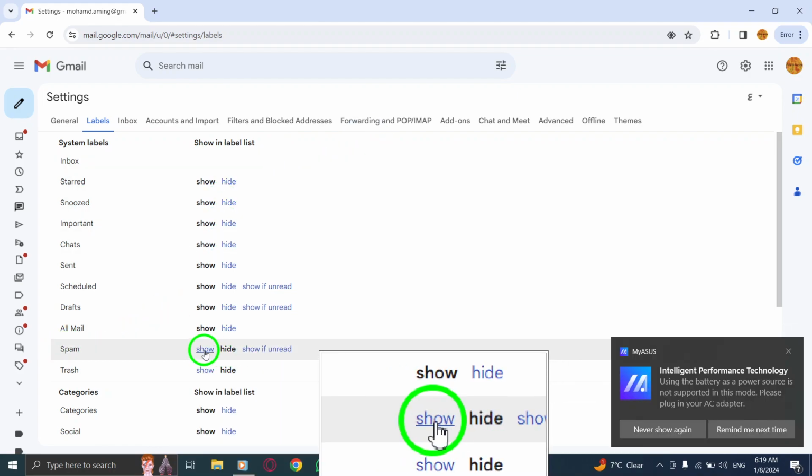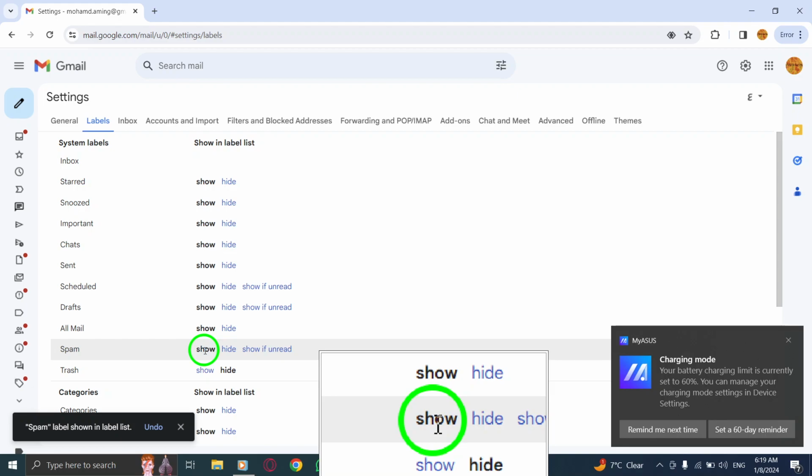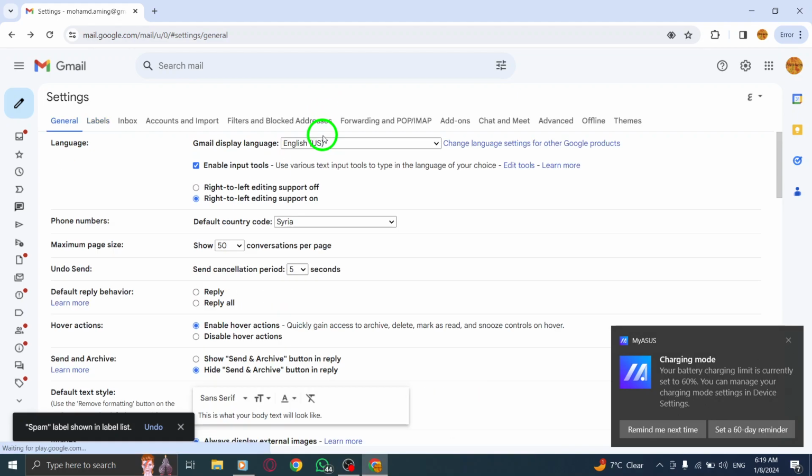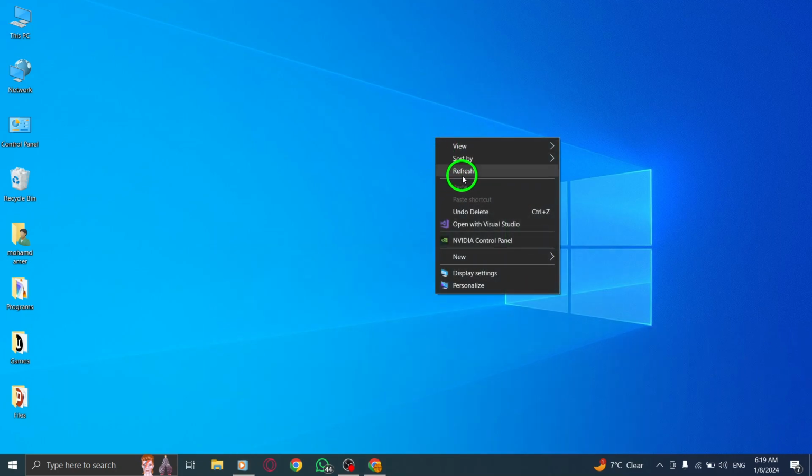This will enable the display of the spam label in your Gmail sidebar, allowing you to easily identify and manage spam emails. By showing the spam label in Gmail, you can keep your inbox organized and ensure that potentially harmful